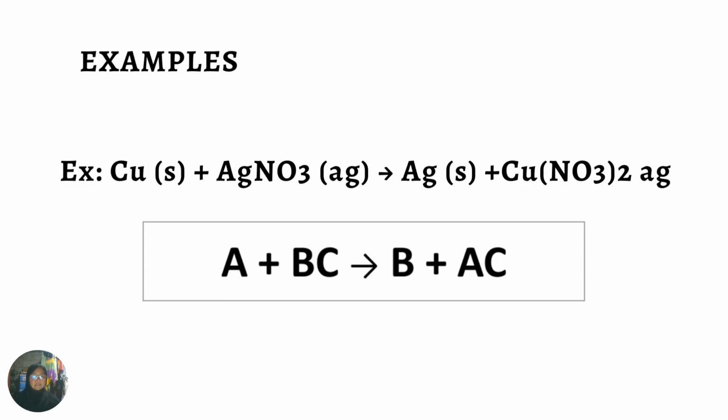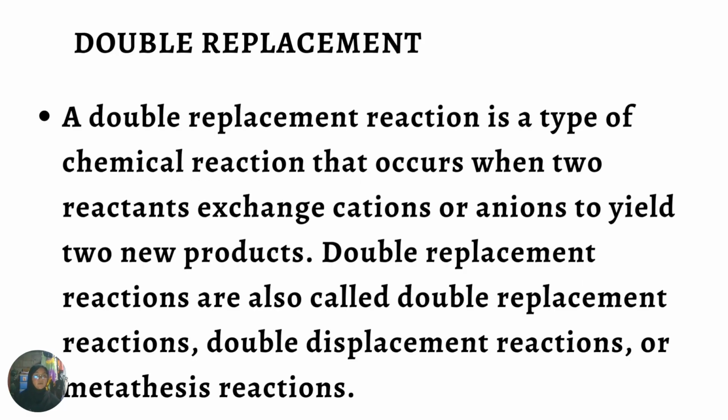So our last chemical reaction is the double replacement reaction. A double replacement reaction is a type of chemical reaction that occurs when two reactants exchange cations or anions to yield two new products. Double replacement reactions are also called double displacement reactions or metathesis reactions. Single replacement and double replacement are sometimes called single displacement and double displacement. In a double displacement, what happens is that positive and negative ions in two compounds